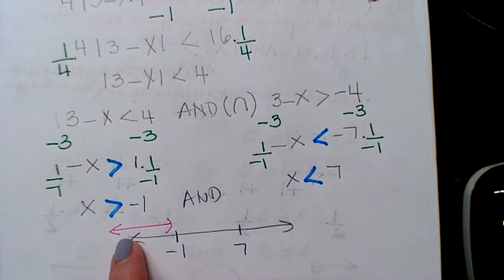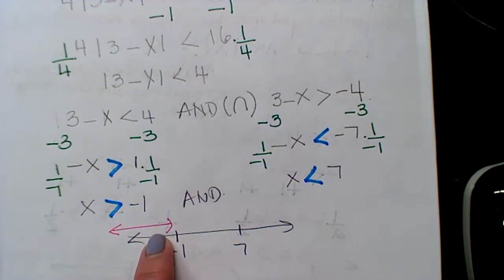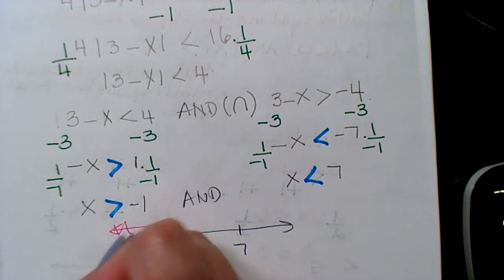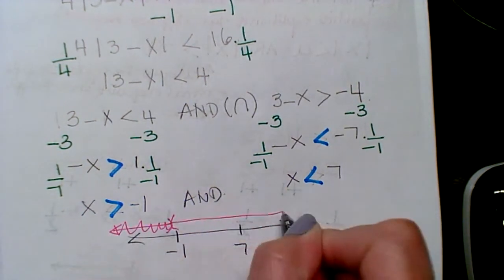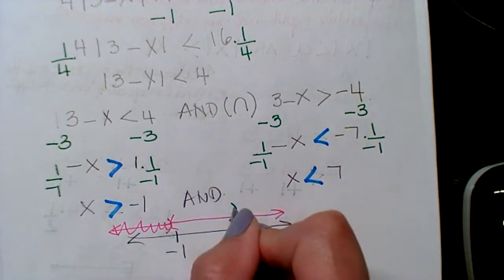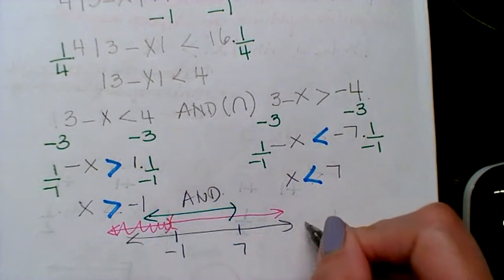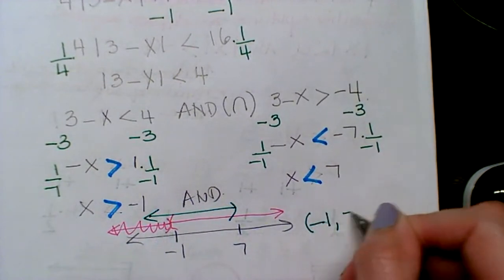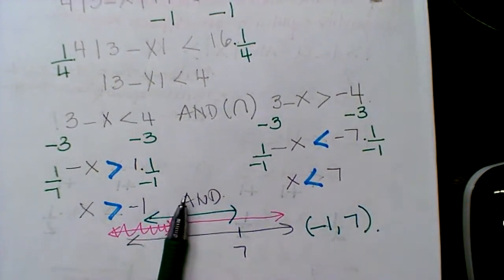So it's going to be the numbers that are greater than -1. So it's not going to be this way, it's going to go this way. And the numbers that are less than 7. So my answer is going to be -1, 7. All right? Now,